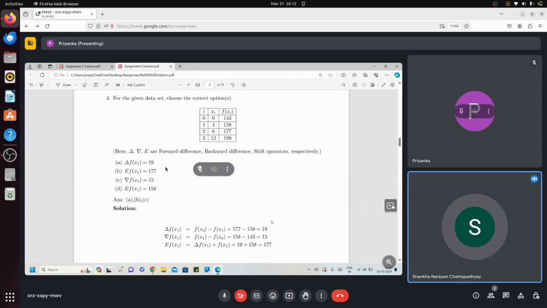तो हमने तो ऑलरेडी इसको डिस्कस कर दिया है. So delta fx1 will be 177 minus 158, 19, correct. Efx1 is shift operator, so that will be 177, correct. Nabla fx1 is